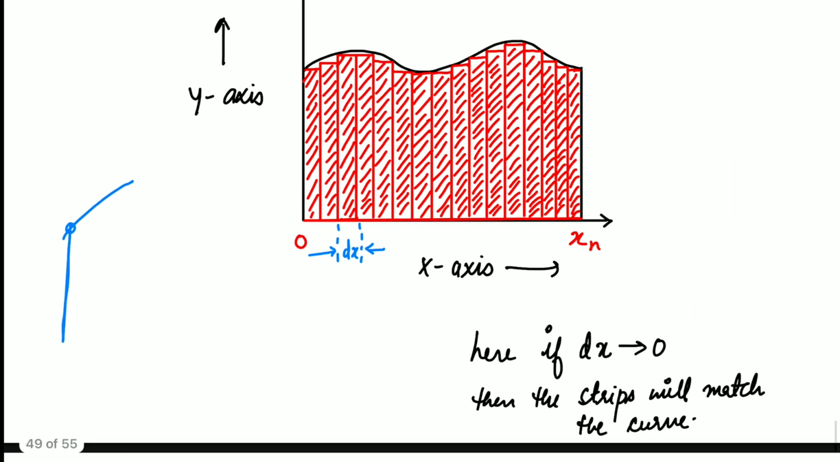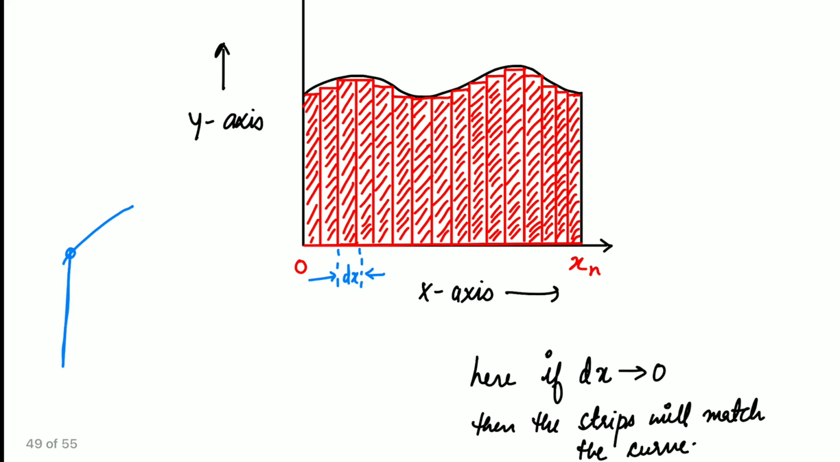So the idea is that I will make my dx tending to 0. Tending to 0 means it is not 0, but it's approaching 0. It is very small. If my dx is very small, then the strip will match the curve. If my dx, that is the width of the rectangular strip, is very small,